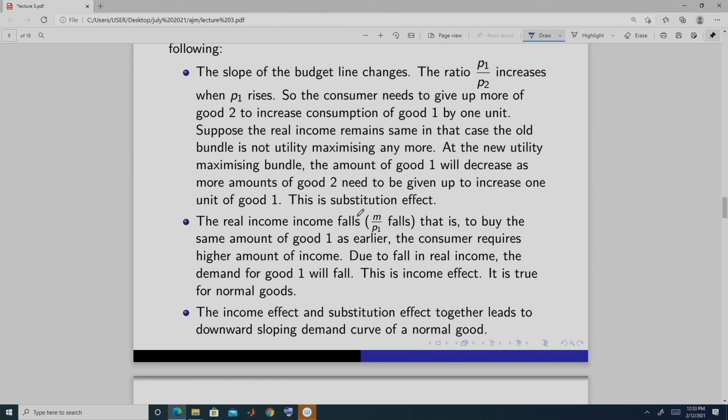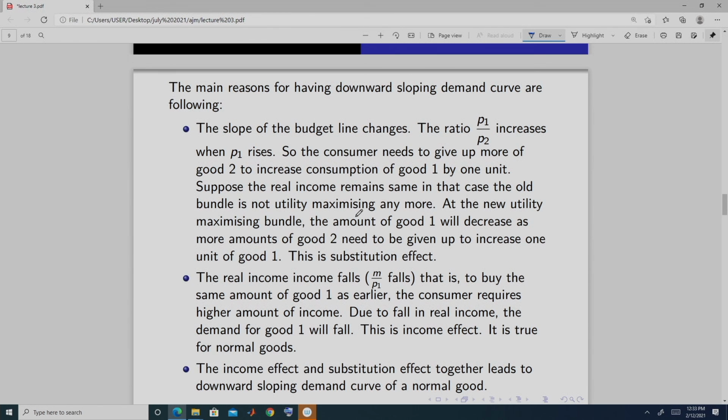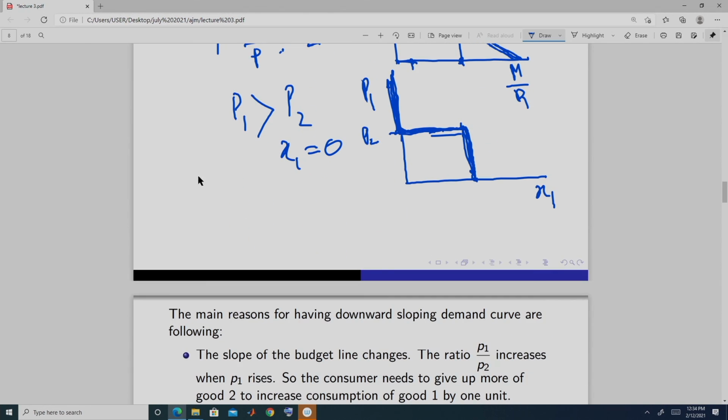So, the law of demand says that if the good is a normal good, we will come to what a normal good is. Now, just assume that it is a normal good. Then, if the price increases, the quantity demanded should always go down, given other things constant. What are other things? The other things are the price of the other good, income, and the tastes and preferences. Here it means the utility function is fixed, that means the indifference curves are fixed. Now, when I say normal good, it mainly means that